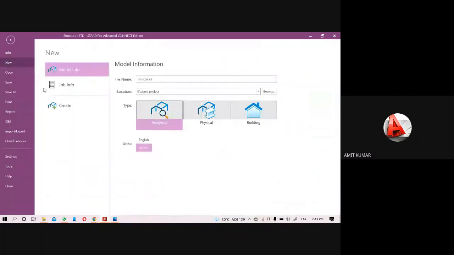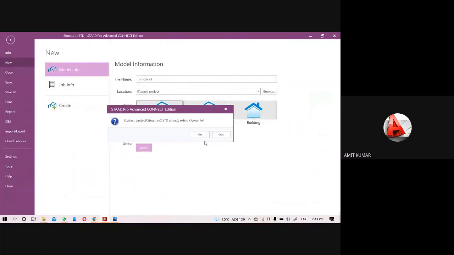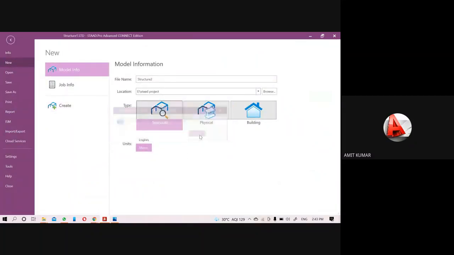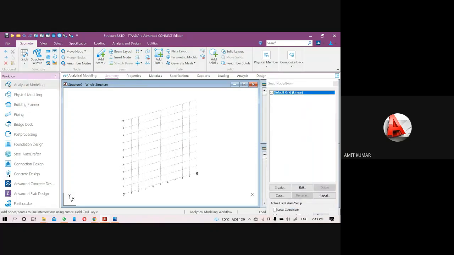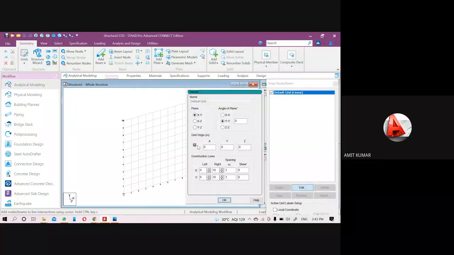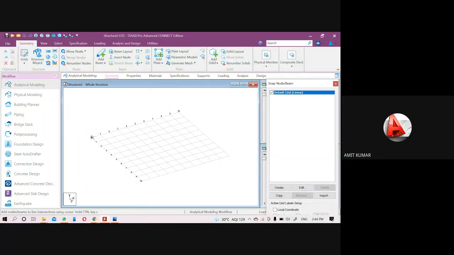Now I'm going to create this structure with the manual method also. So for the manual method, first we have to create a rectangular base. The base was 8 meters, so just create a base of 8 meter length here. Just create a rectangle here.